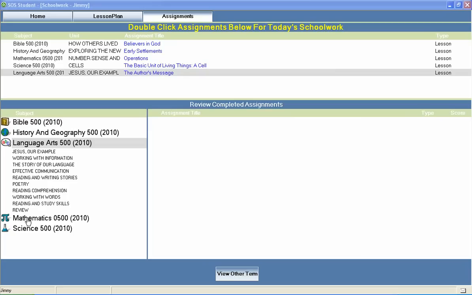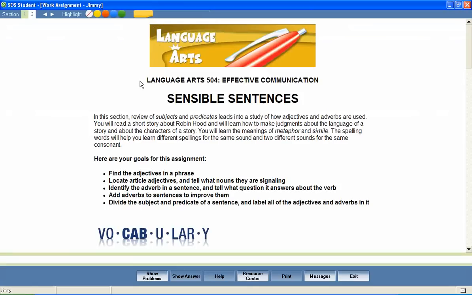Now let's take a look at a 5th grade language arts lesson to see how concepts like these are covered. In a unit entitled Effective Communication, let's look at a lesson called Sensible Sentences. Most Switched On Schoolhouse lessons begin with a brief introduction and a list of objectives for the lesson. These objectives help students stay focused on important lesson content and provide parents with an effective way to measure mastery